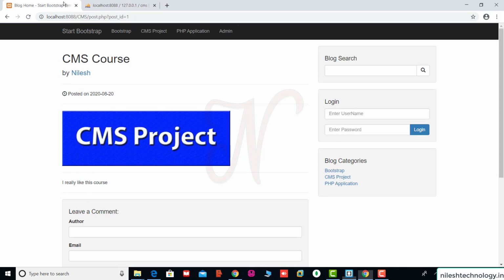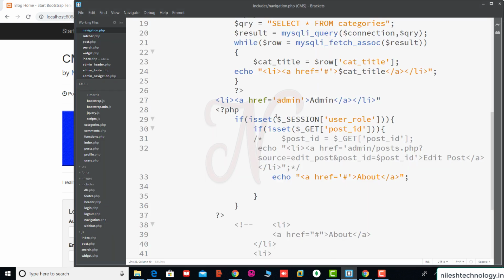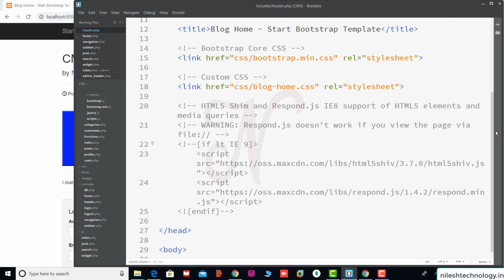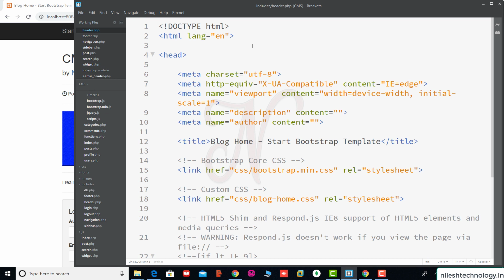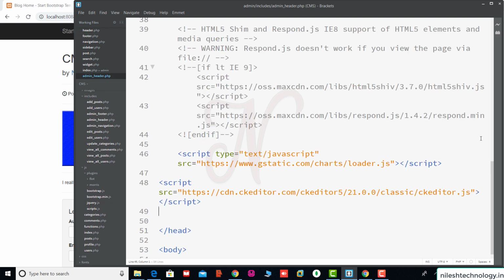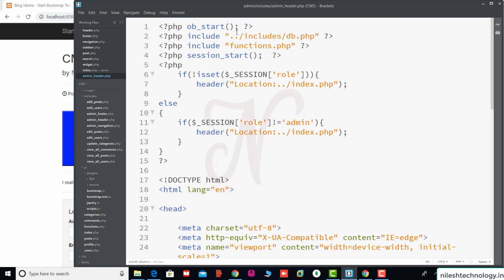So check here, refresh. No, I think this is not working, meaning they are not going to this session as well as this get method. So we are in navigation.php file. Okay, so here we check header.php. So there is a need to start the session. Okay, so like in the admin header.php file, see here in admin header.php file, here we start the session.